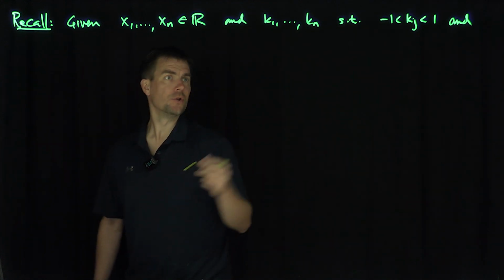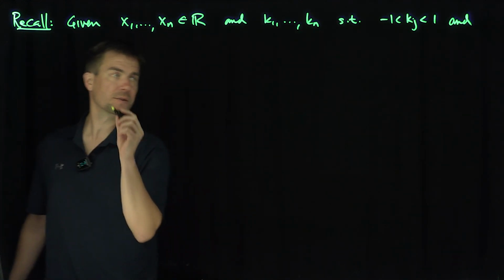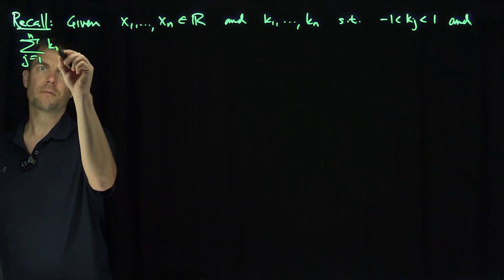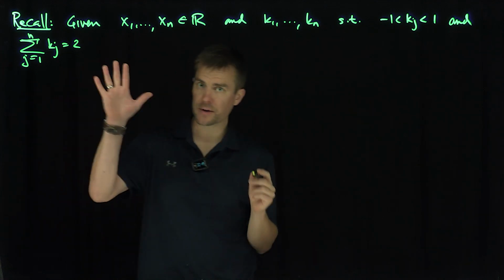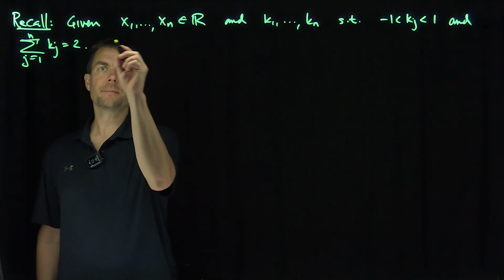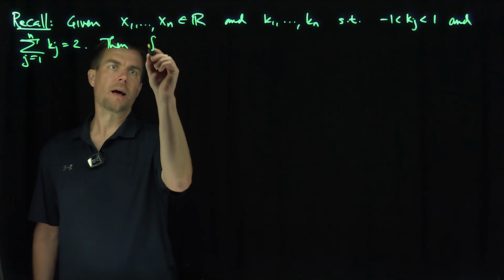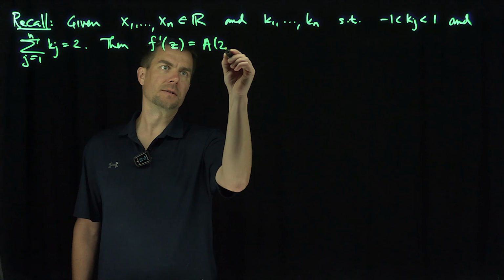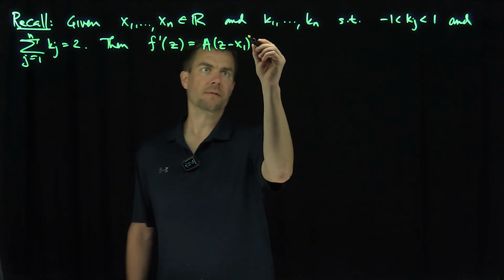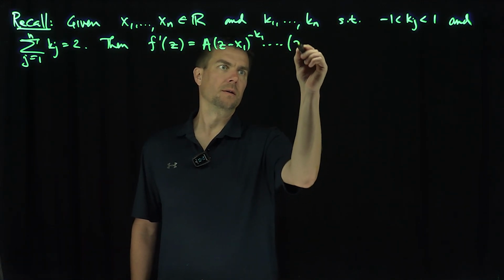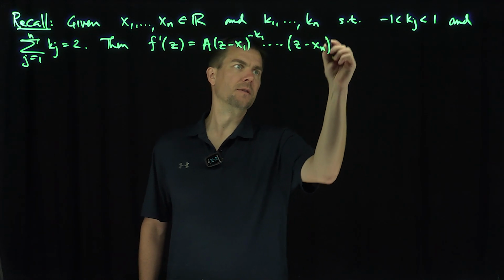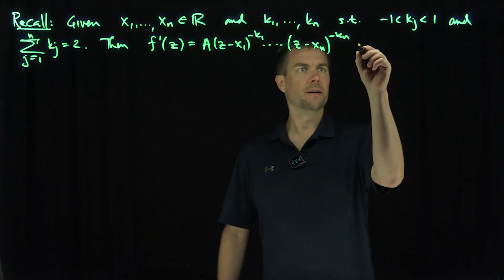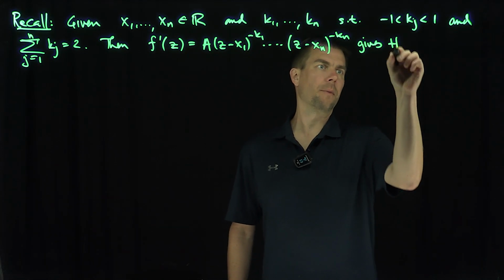You can actually include 1 in some limiting cases, but let's just do this. And the sum, j goes from 1 up to n of kj, is equal to 2, right? So this is the setup for the Schwarz Christoffel mapping. Then f prime of z is a times (z minus x1) to the negative k1, and so on up to (z minus xn) to the negative kn, plus b, when you integrate this, gives the mapping